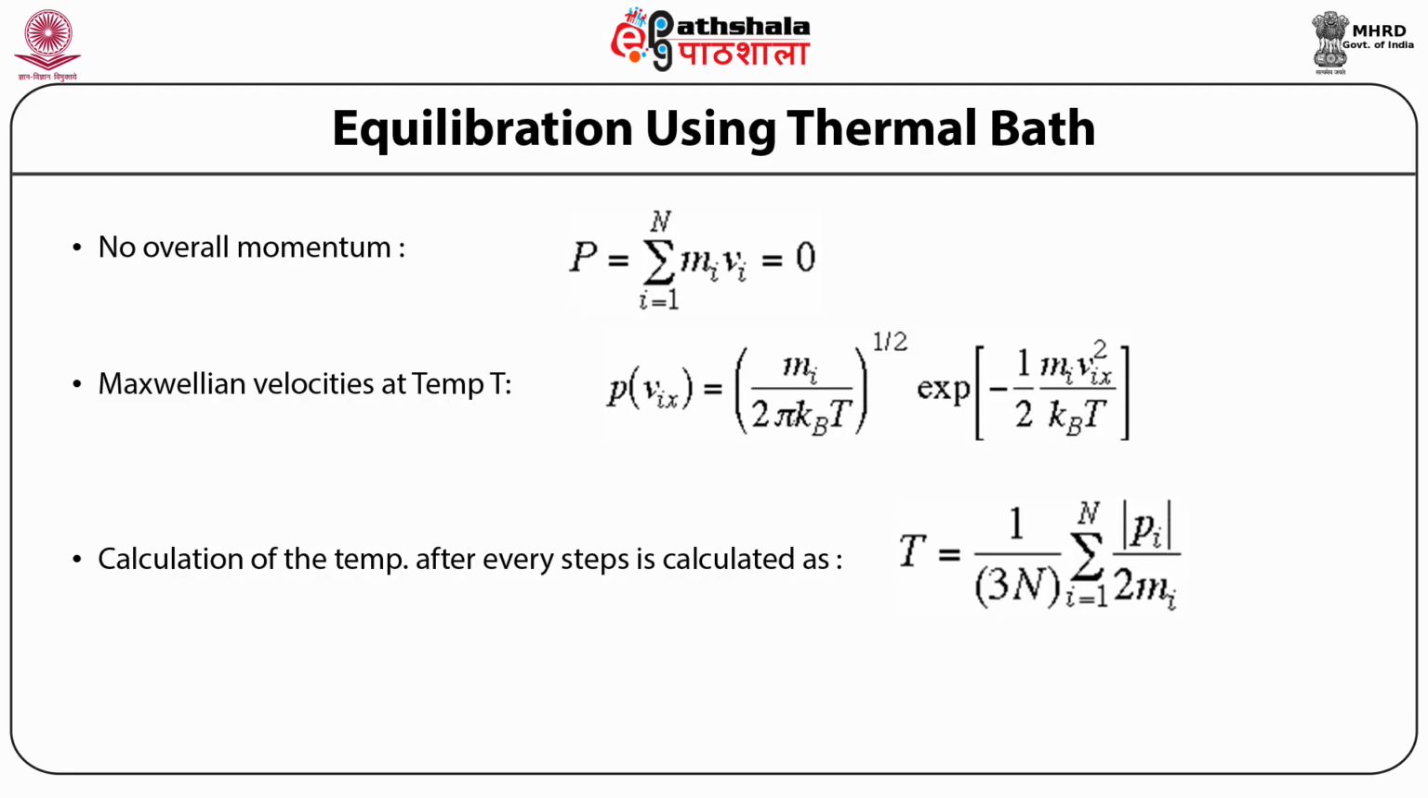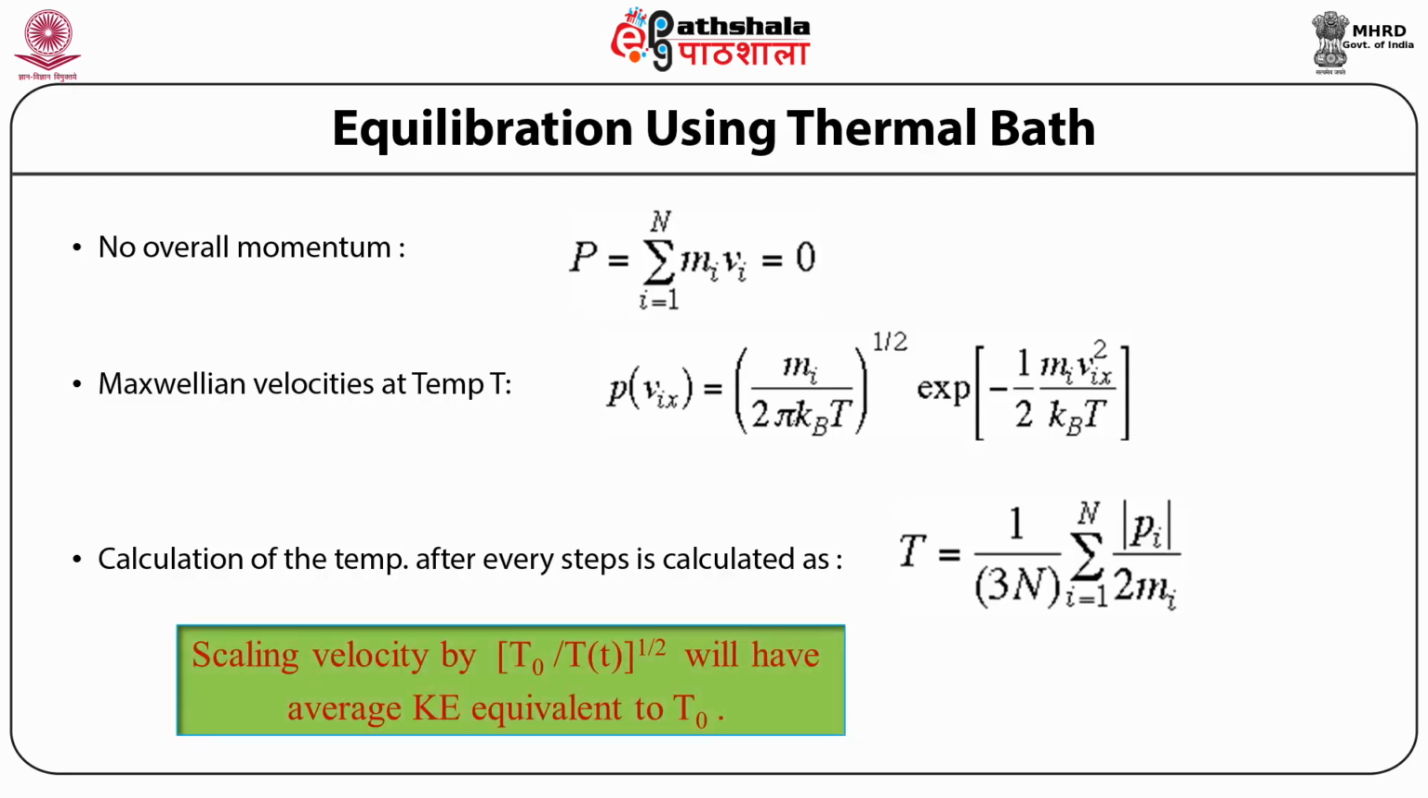What one does is keep the temperature fluctuating around room temperature. One scales the velocity by a factor of T0, which is 300 Kelvin, divided by this Tt, which one calculates, giving an average kinetic energy equivalent to T0. Using this scaling factor, one keeps something equivalent to a thermal bath around the whole system, so that the system does not change very much away from the